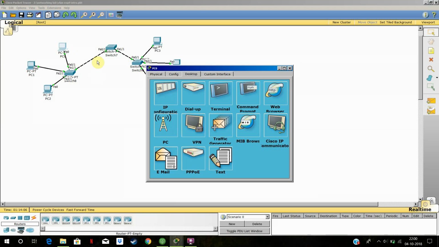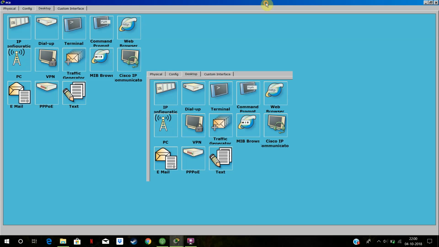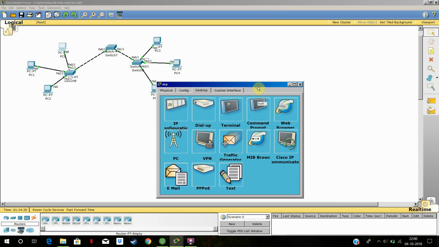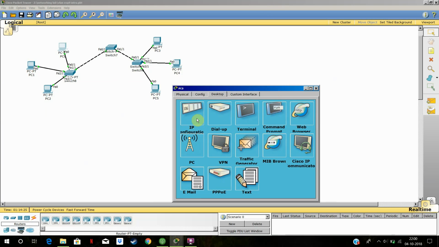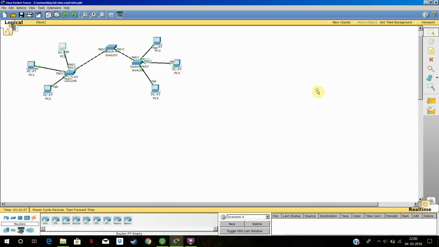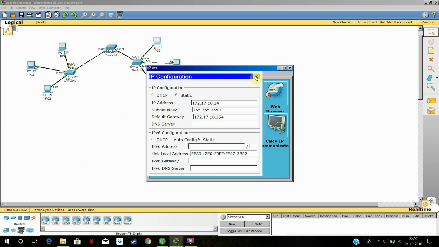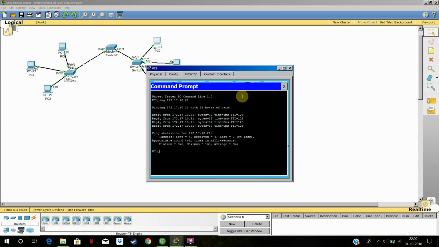Let's note that we can ping only within the corresponding VLANs. So here PC0 can ping PC3, PC1 can ping PC4, PC2 can ping PC5. Let us ping PC0, which has an IP 10.21, from PC3 to demonstrate. We already have the command, so we'll ping 172.168.21